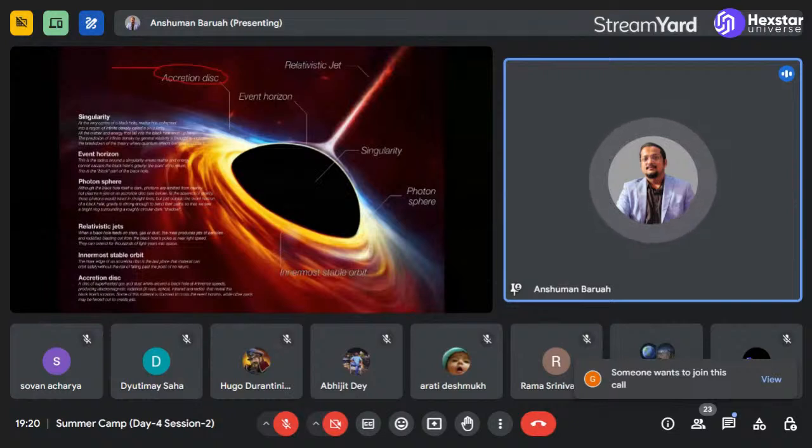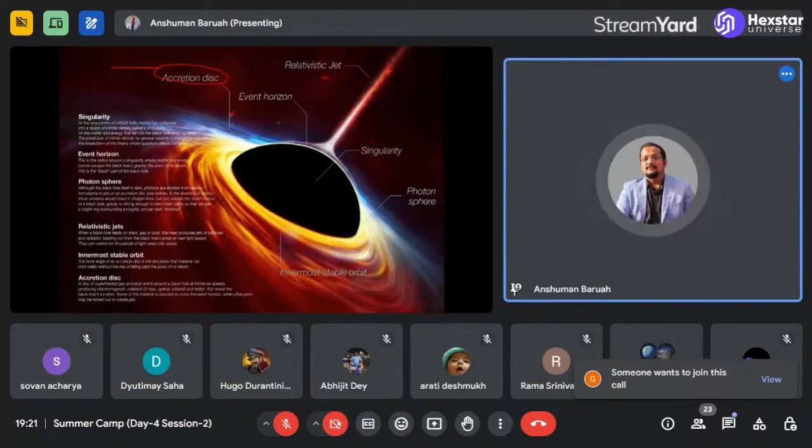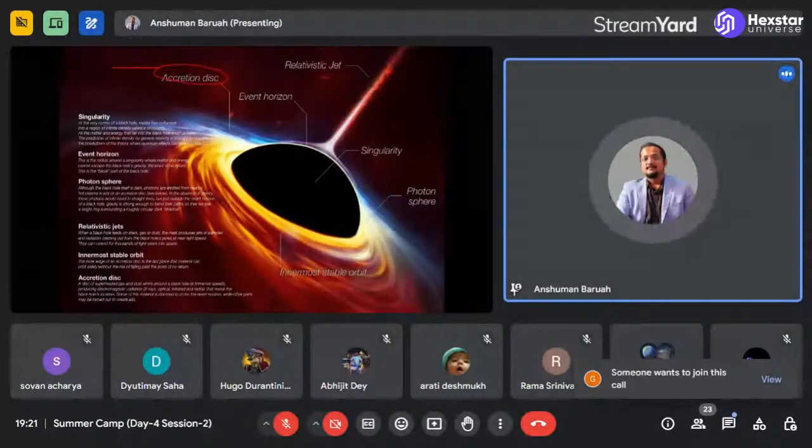But what happens is that whenever there is some source of mass near the black hole, say, for example, there is a black hole and there is another star near it, or there is a black hole and there is a molecular cloud of hydrogen near it, the strong gravitational force of the black hole starts attracting the matter. And once this matter starts spiraling or orbiting the black hole, this matter is accelerated to such high energies that it starts emitting radiation. By radiation, I mean light. The matter is accelerated to such high velocities that it forms a plasma and it starts emitting light. That is known as the accretion disk.